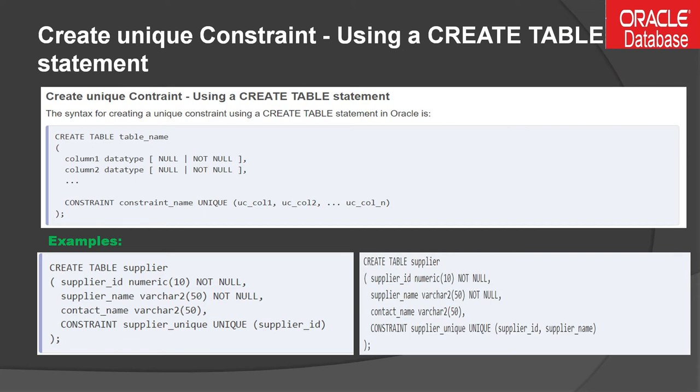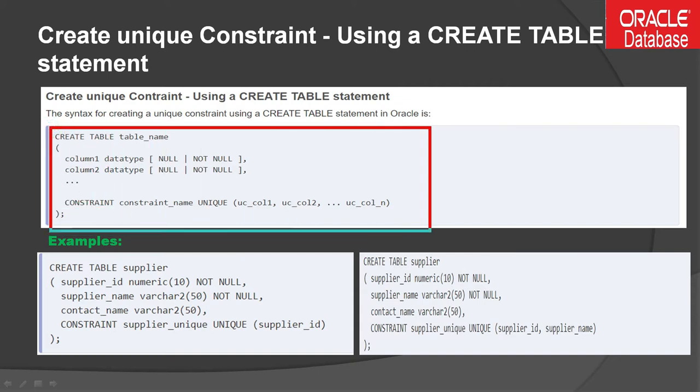So how do you create unique constraints using a create table statement? This is the general syntax. Here you can see the syntax is create table, then you give the table name, and afterwards you define your column definitions. All column definitions are separated with a comma: column name, data type, and besides the data type you can define the data size, and define things like not null constraints. Similarly, you can define the unique constraint as well.